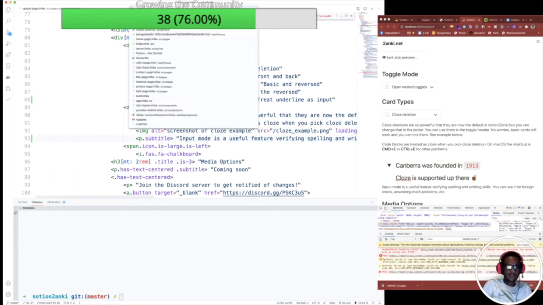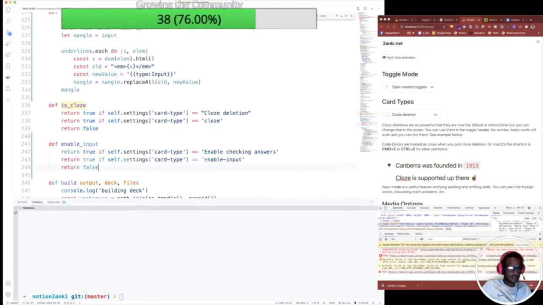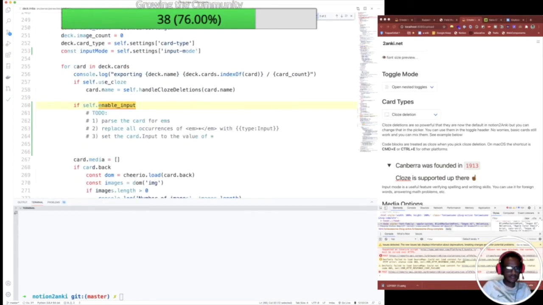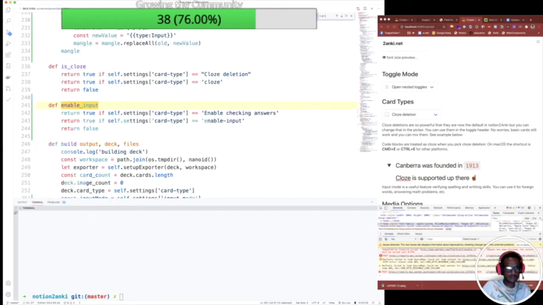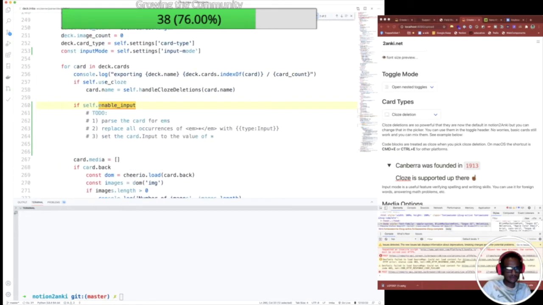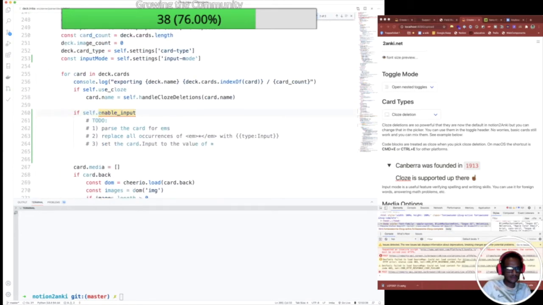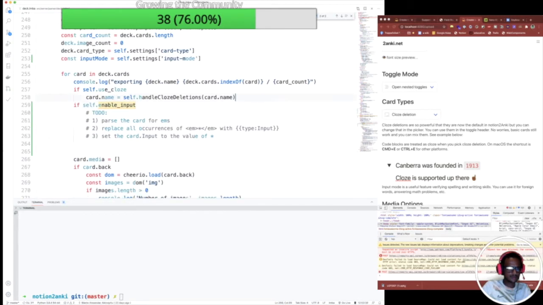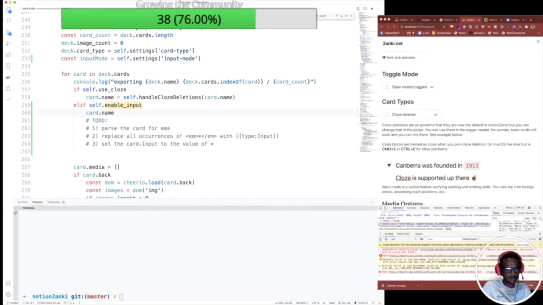Okay, so if we go back to the deck and we look at the parse tree, or the parsing stages, if self.enable input, it's only possible that one or the other, then card name equals to